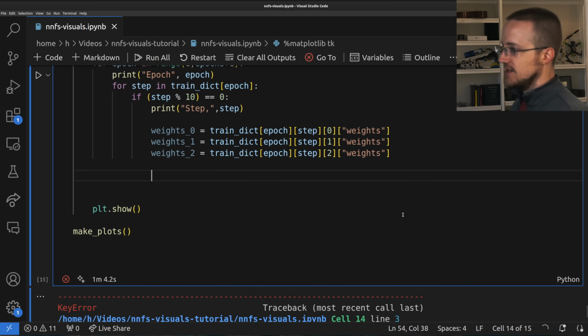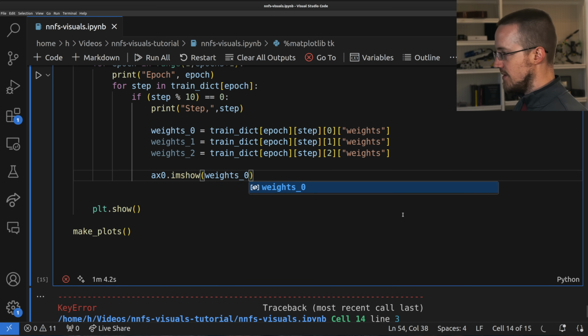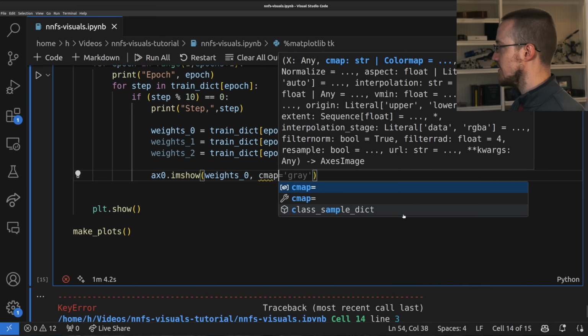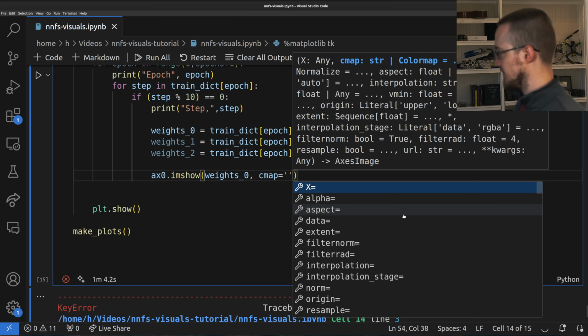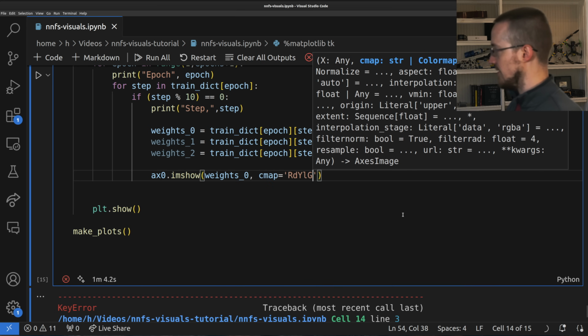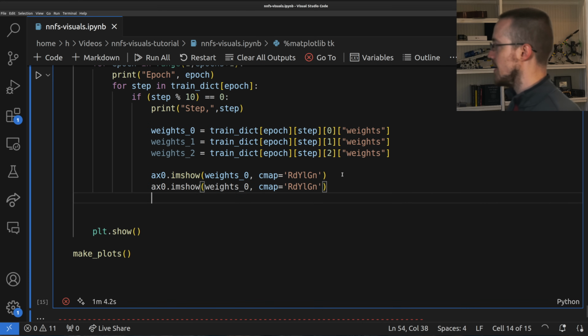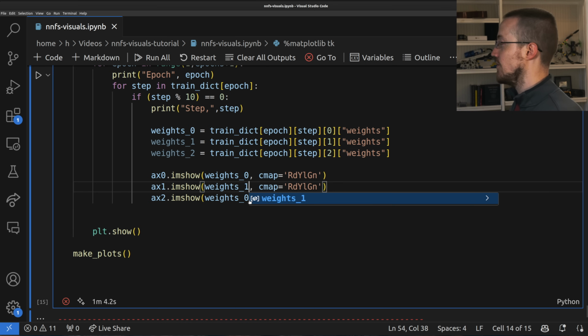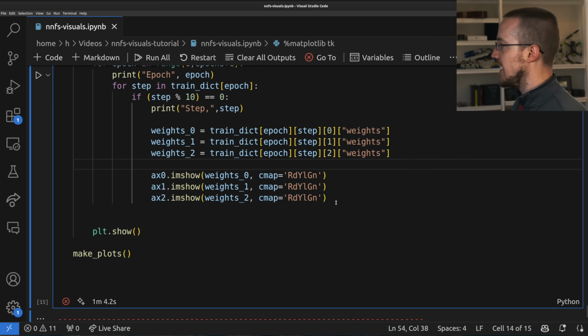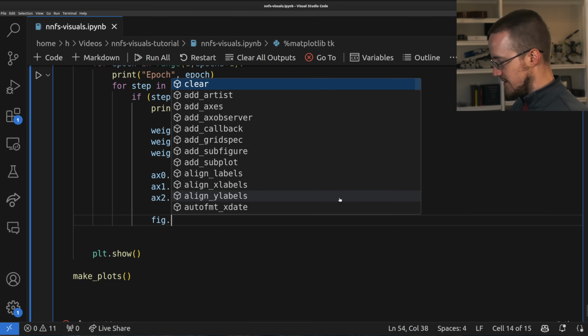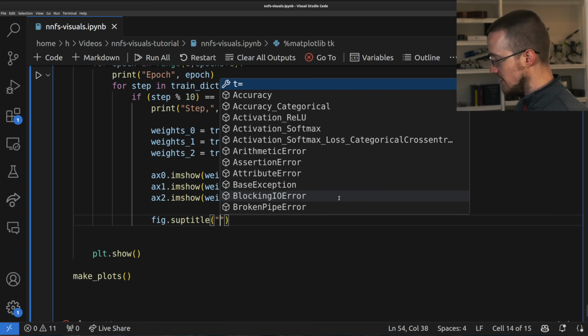Now we want to show these, so we're going to say ax0.imshow weights_0. CMAP will be red, yellow, green. Beautiful. And then we want to do that for 1 and 2. Very good. And then we will fig.suptitle